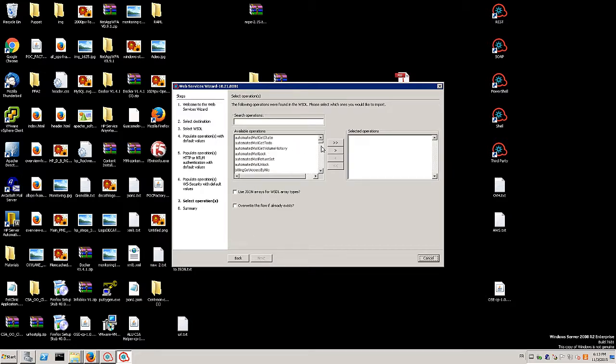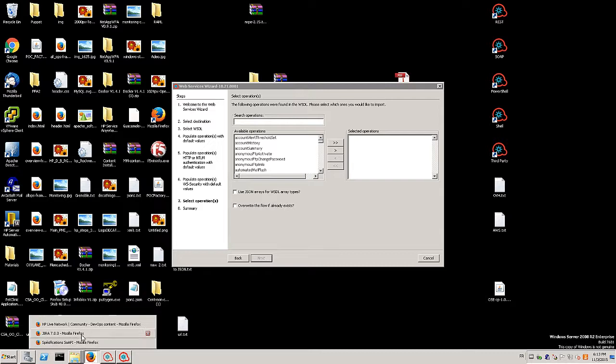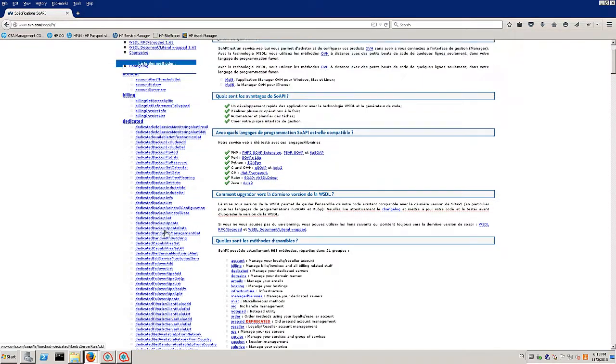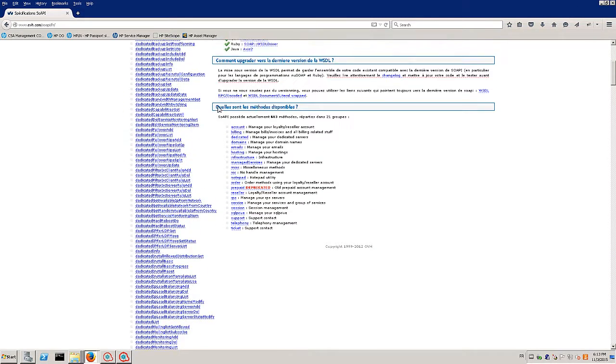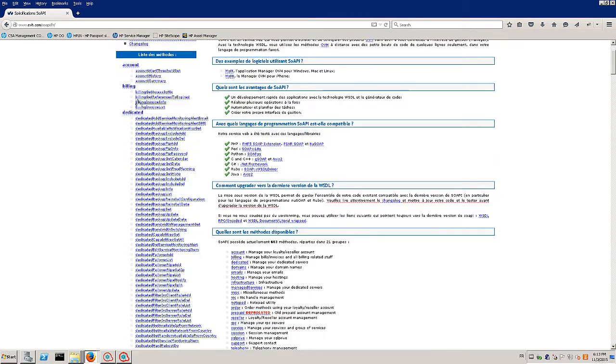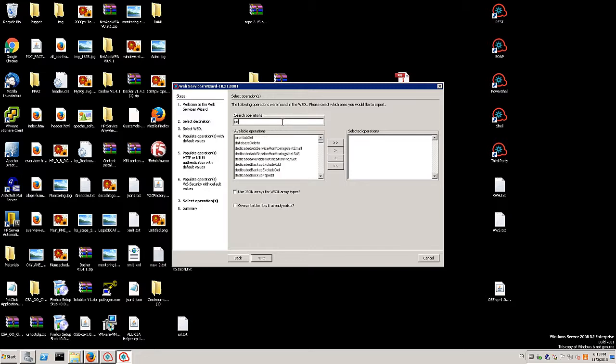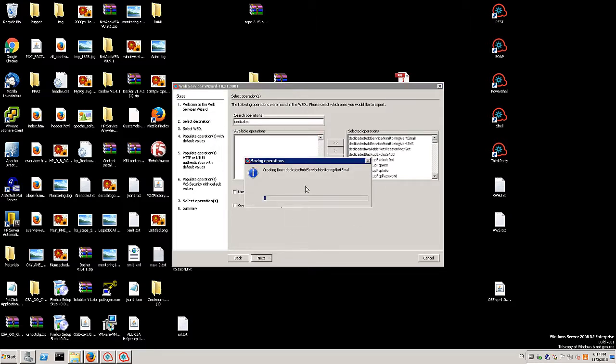I can see all the available operations discovered inside the file, so the thousands of operations: telephony, dedicated, account, and so on. In this demo, let's do it for just one endpoint. Let's filter only on dedicated. Let's say I'm interested only in a few methods and operations available from this dedicated endpoint. So let's filter on dedicated. All right, let's select all and then ask the wizard to generate the content pack.